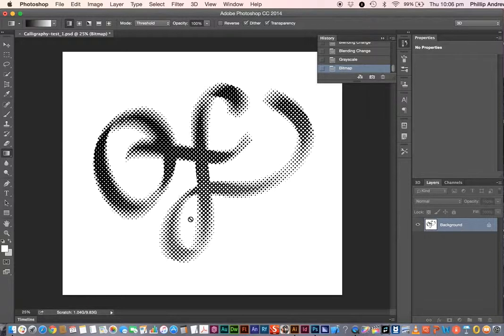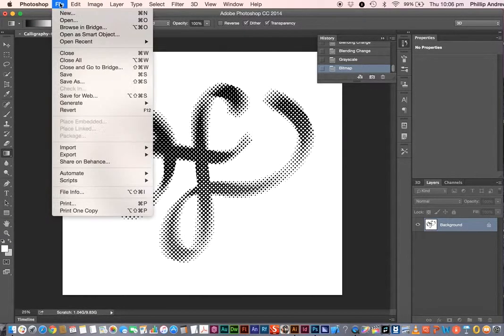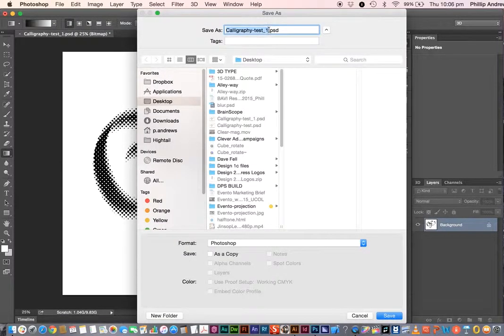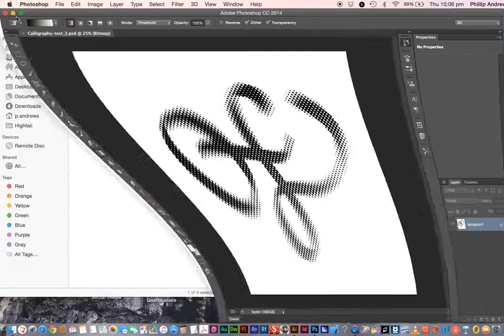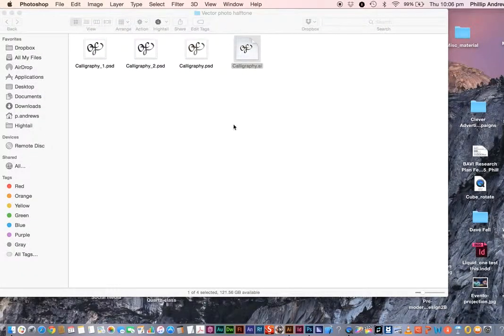And see, we're getting a different effect again. And I'm going to go File, and I'm going to Save As, and I'm going to call this _test2. Okay, and I'm just going to save this straight to my desktop. So I can just close this now, or I can leave it as saved. In fact, it's been saved as 2. I don't really need it anymore, but I'm just going to close that,